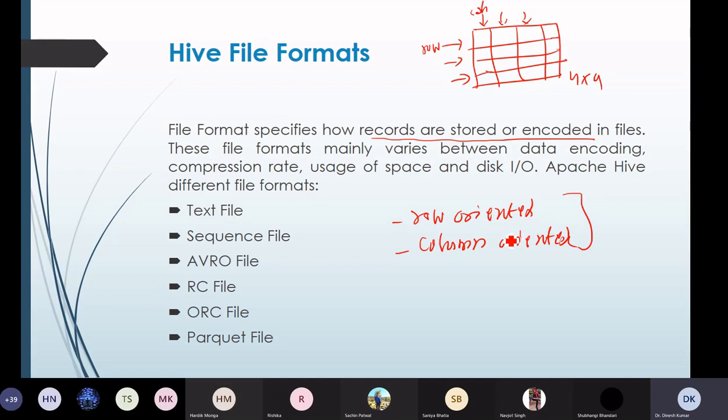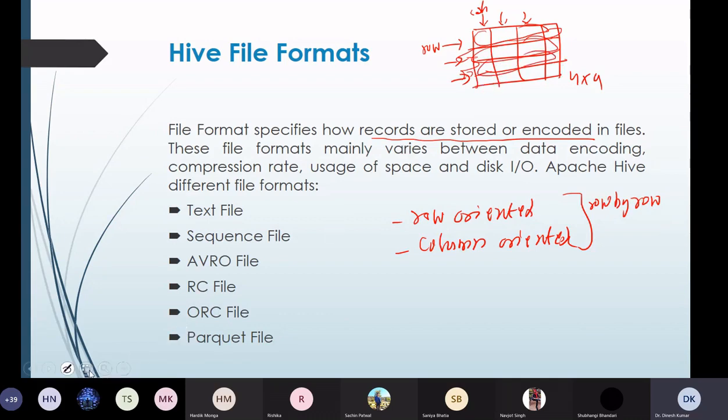In the case of row oriented, the data will be stored row by row. The first row will be stored, then the second row, then the third row, and then the fourth row.